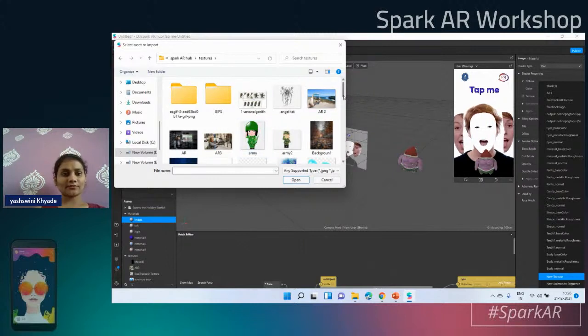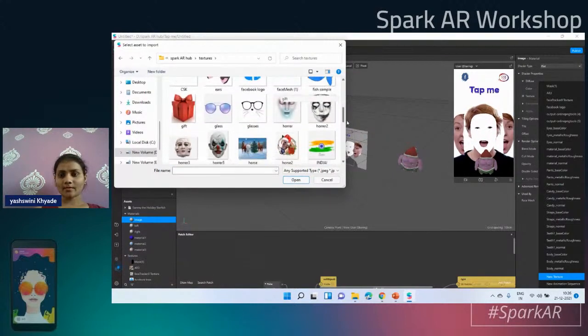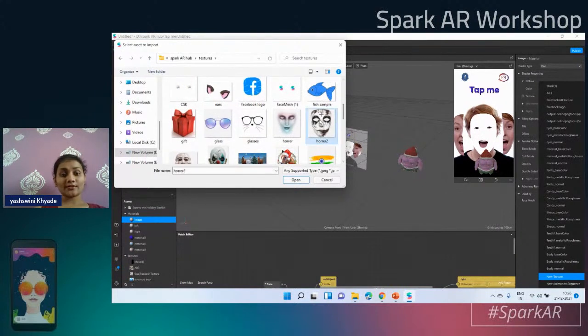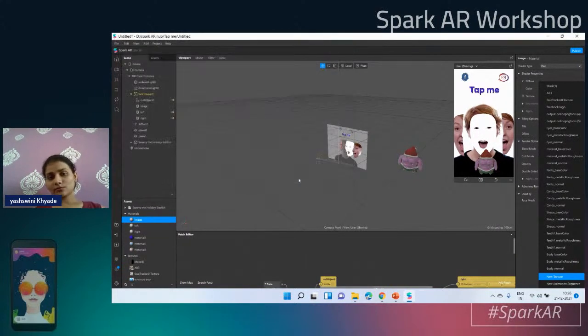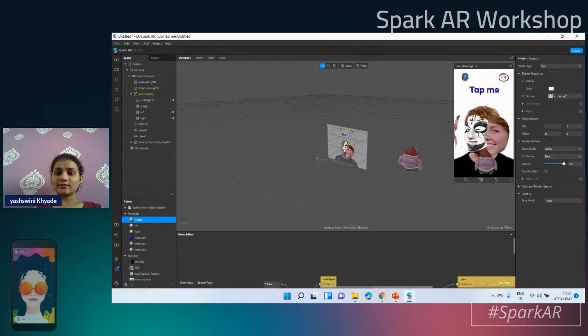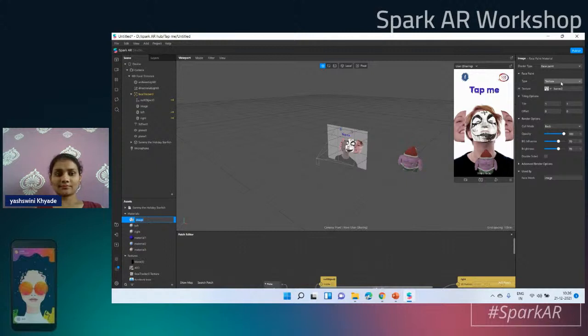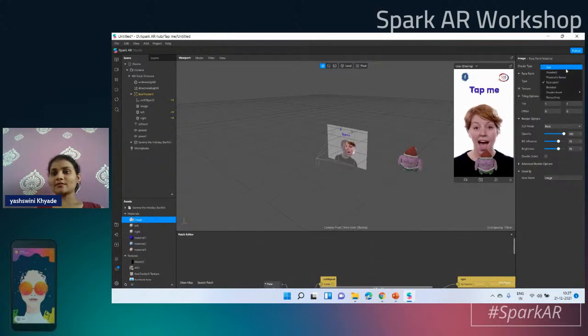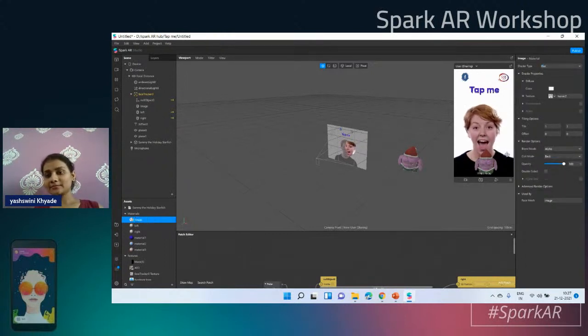We'll add any one of these. What if we add this one? So you can see the change. Instead of taking flat, I will go for the face paint. Everything is looking like a face paint. We'll put it as flat,